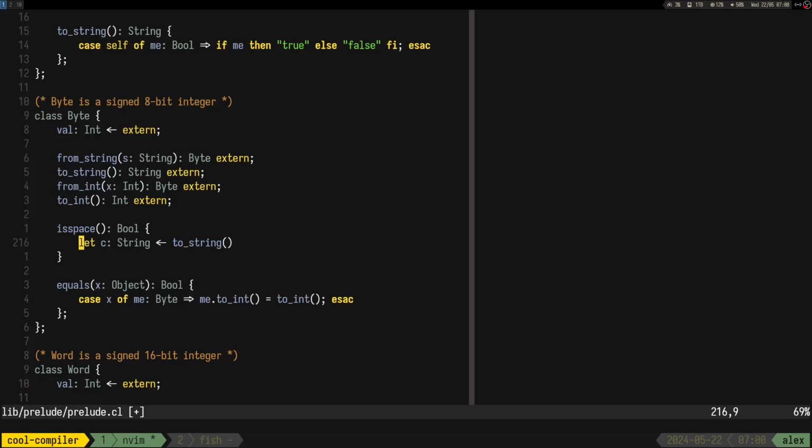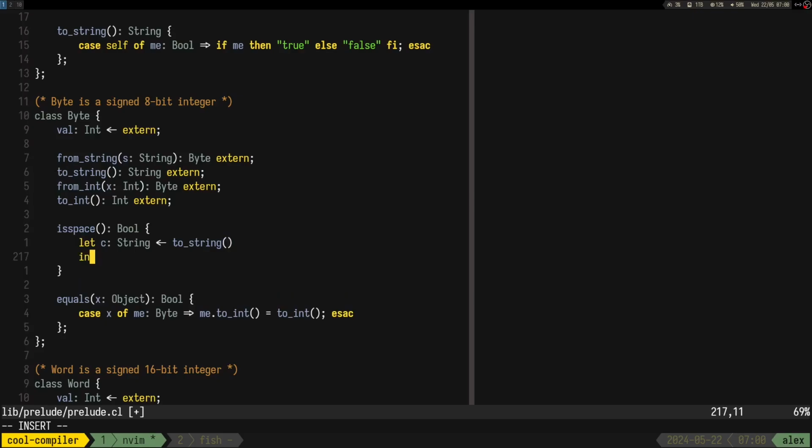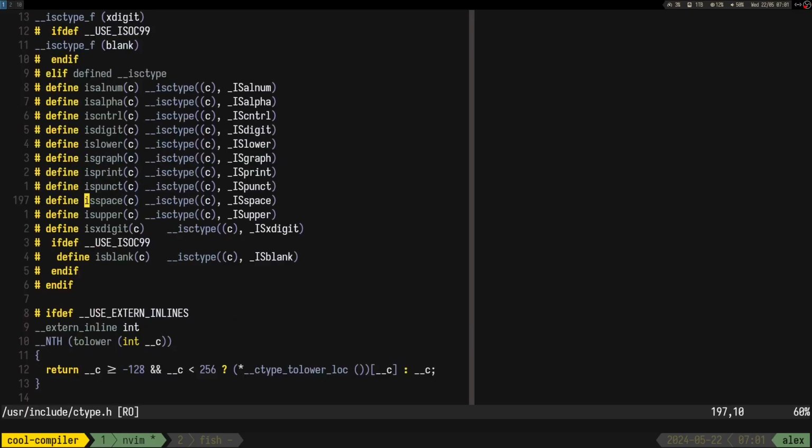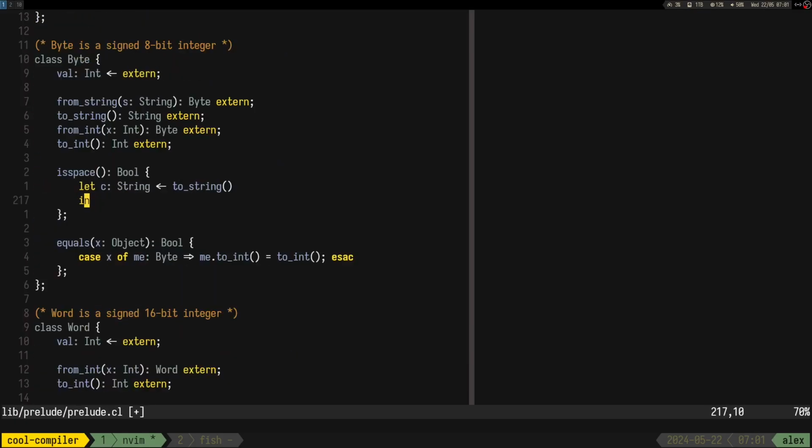And then we need an in. Let's not forget about this. We need an in, and the in is going to do something like, well, I'd like to see. Okay, I cannot see, so we can do something like c is equal to space, or c is equal to newline.